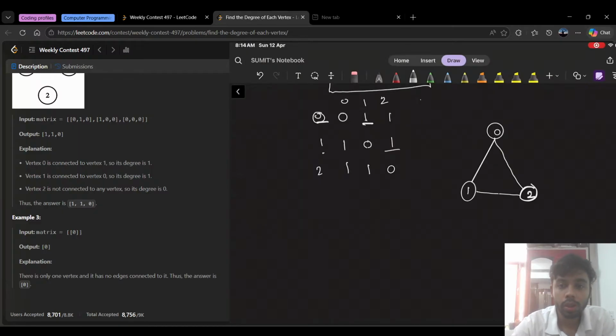If i equals to j, if matrix of j, result of i is plus and i should be